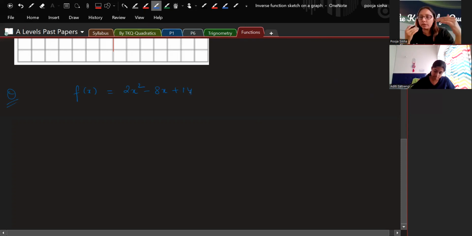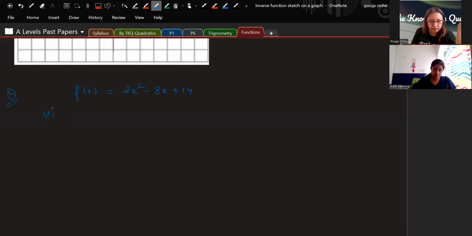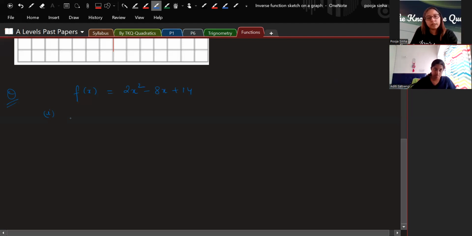So I'll show you how the flow of the questions usually goes. The very first question in this will be, the same question will have quadratic and functions also. Now see how the question will be asked. You are supposed to express this f(x) in the form of